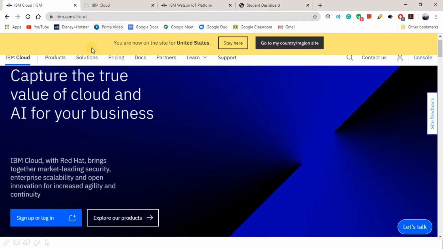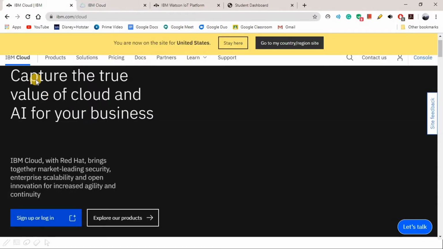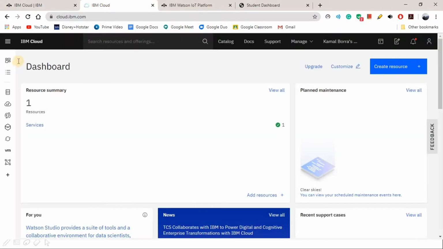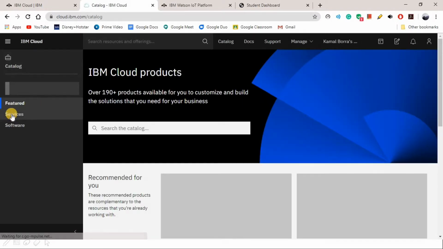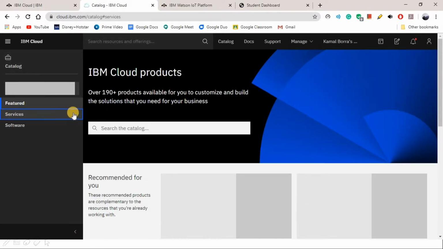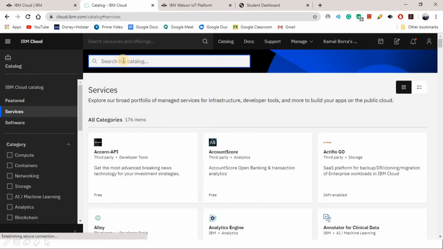This is ibm.com/cloud. In this, we should sign up or log in. I already have an account, so I log in. After login, this was my dashboard. In this, go to catalog, go to services, and search for Internet of Things service.